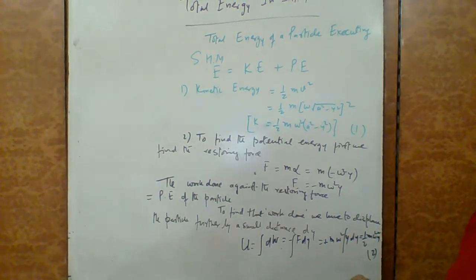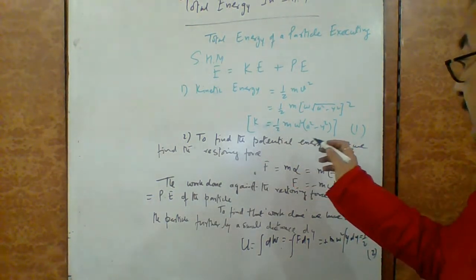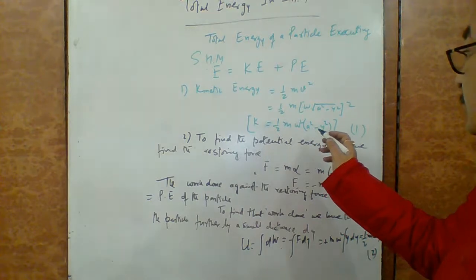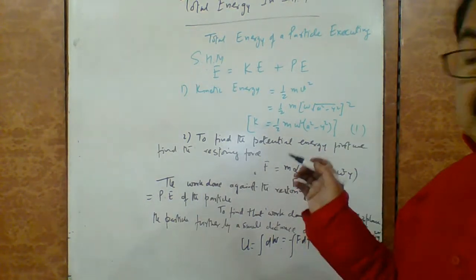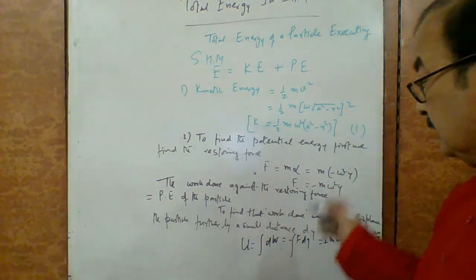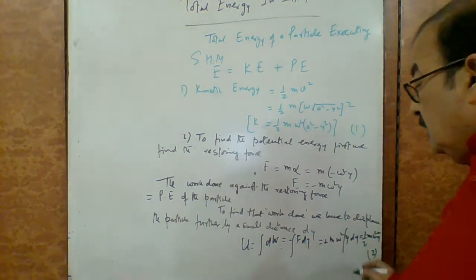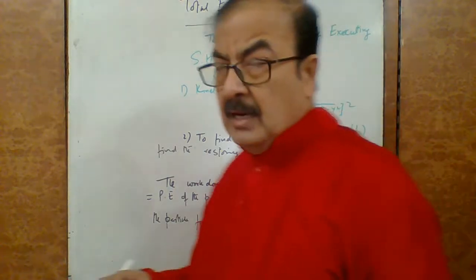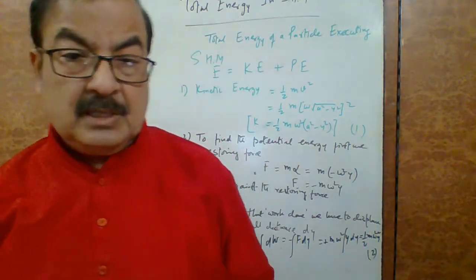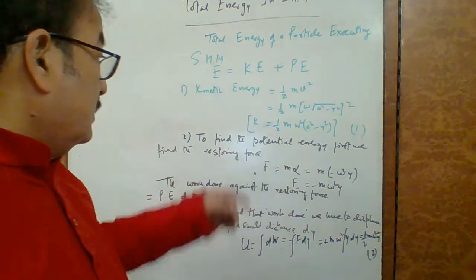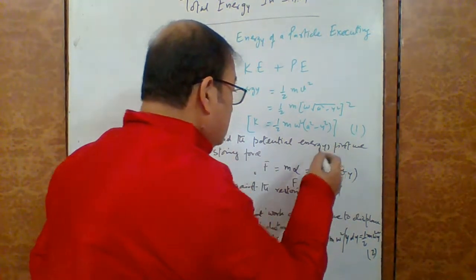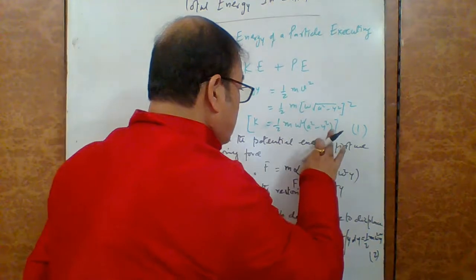We have determined two equations. One is your equation number 1, that is K equal to half m omega square (a square minus y square), that is your kinetic energy of the particle, and here it is the potential energy of the particle. Okay, जब काइनेटिक एनर्जी भी आ गया, पोटेंशियल एनर्जी भी आ गया, पोटेंशियल एनर्जी कैसे निकाला, ये लिखा टू फाइंड द पोटेंशियल एनर्जी